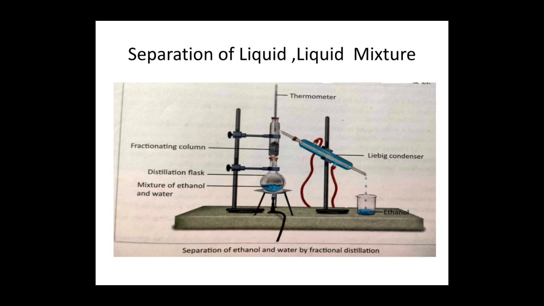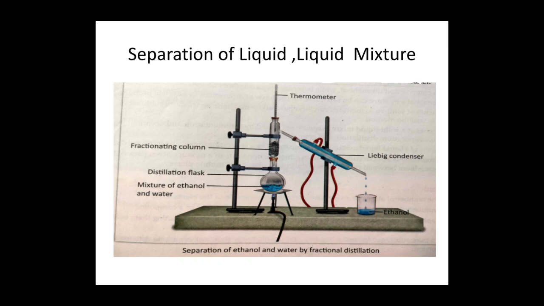Now, when a mixture is heated in the distillation flask, the liquid with the lower boiling point boils over and condenses first. It is collected as the distillate in a beaker or conical flask. The other components of the mixture are left behind in the flask. Fractional distillation is used for separating the components of petroleum. Petroleum is a mixture of many useful substances such as petrol, diesel, kerosene and paraffin wax. These substances are obtained by the fractional distillation of petroleum. The process is carried out in oil refineries.